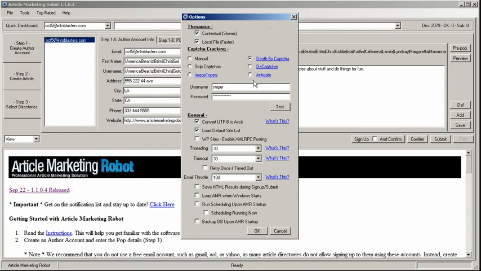And all you have to do is sign up to one of the CAPTCHA services, fund the account or put money into the account, and then come back to Article Marketing Robot and enter your CAPTCHA service username and password. So this would be the username and the password that you signed up to the CAPTCHA service with. When you're done, you just click the test button, and